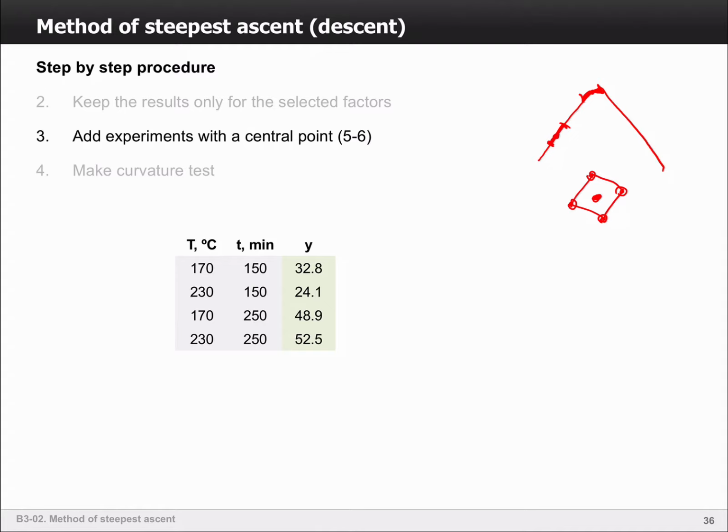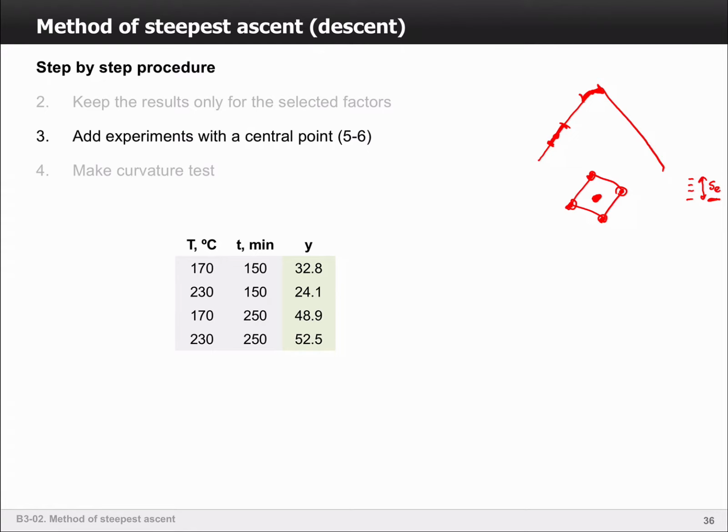Actually, you can make like 4 or 5 experiments with central points, and then you will see some variation of your y values, right? And then you can use this variation to estimate the standard error of your effects, right? So you can estimate how big the noisy variation is. Because you don't have variation on the corners, you can use the central point to find this variation. So you will have a good estimate for standard error, even though you have only a small amount of